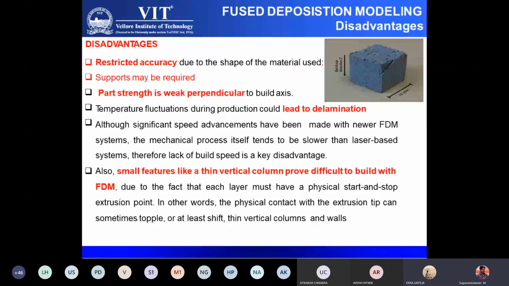Tell me. Can we use these parts in some applications which have biaxial stress, in which we can apply load only in the x and y direction? Or will it impact the z direction? No, it depends upon your scenario. If you need better properties in all three directions, then it is not recommendable.